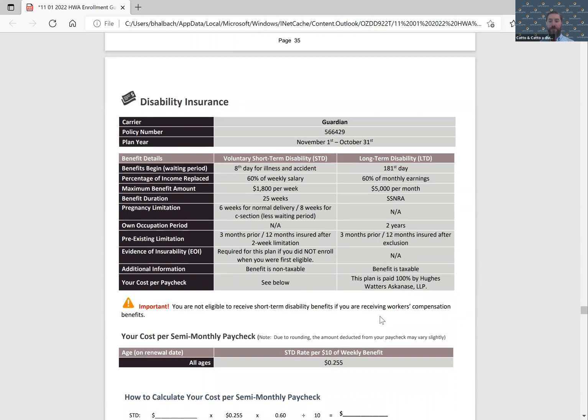One of the last things we'll talk about today, y'all, as we begin to wrap up, is disability insurance. The biggest risk actually is long-term disability, and this is 100% paid for by HWA. Super generous here. This is not cheap. So long-term disability is up to $5,000 a month, 60% of your pre-disability monthly earnings to Social Security normal retirement